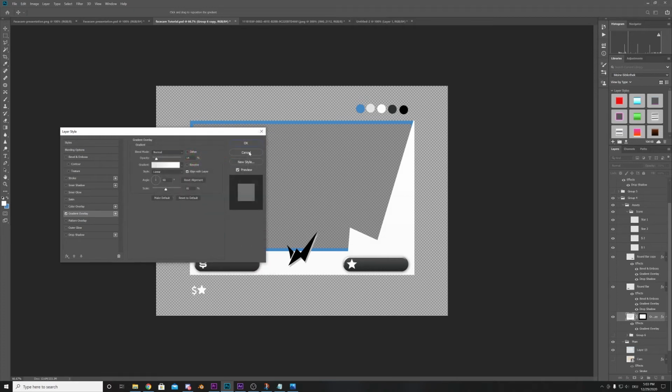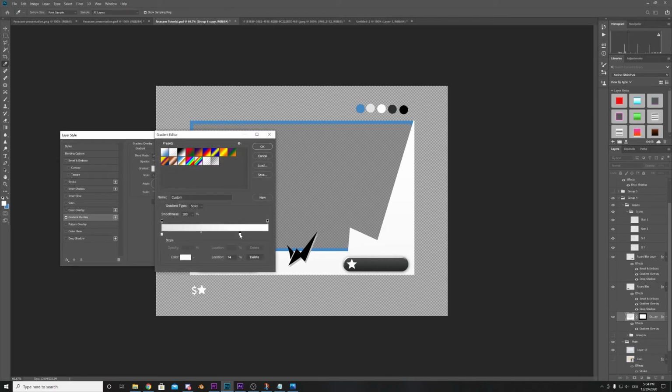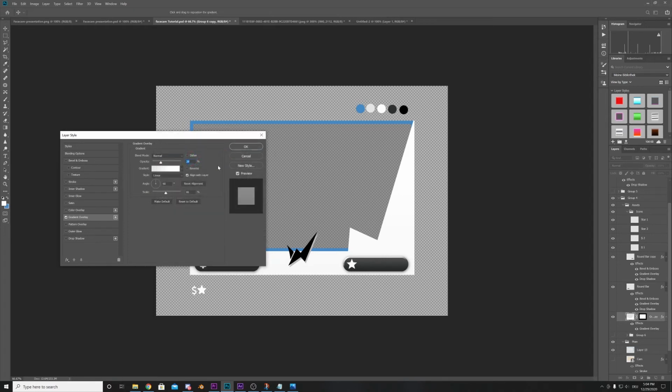Yep. We want to have the opacity on about something like that. The scale is fine. Yeah, I guess. Wait, let's move this over just like that. Okay. We have just a small gray gradient moving over the whole form, and